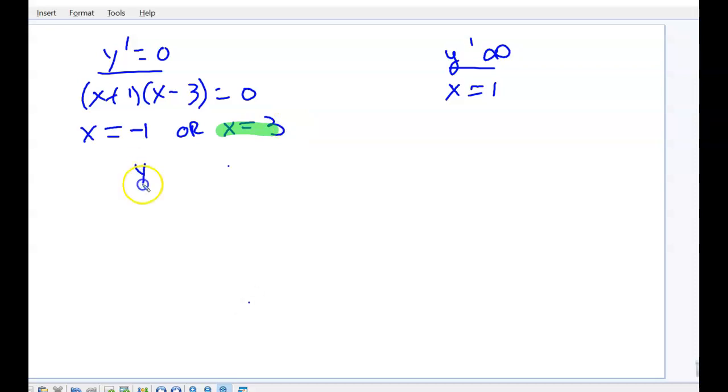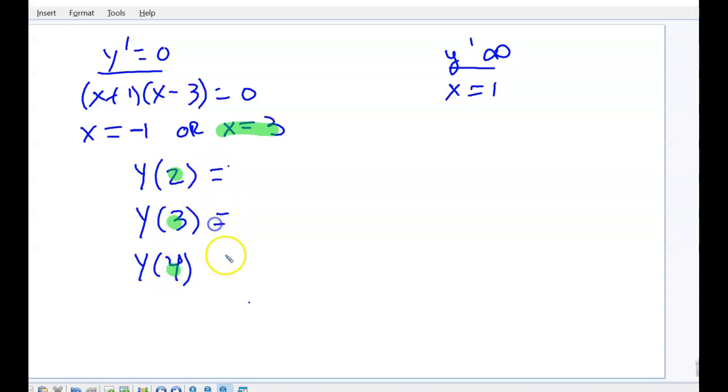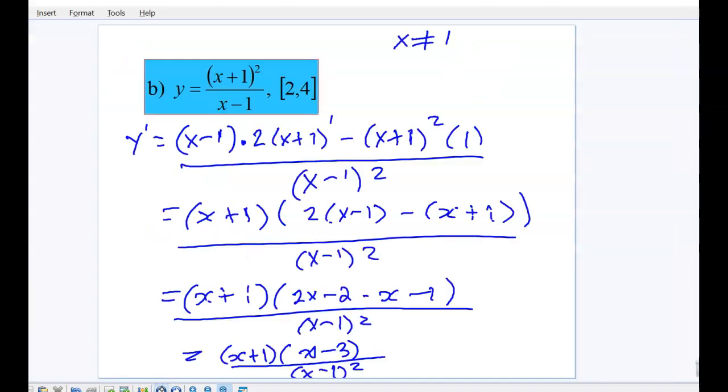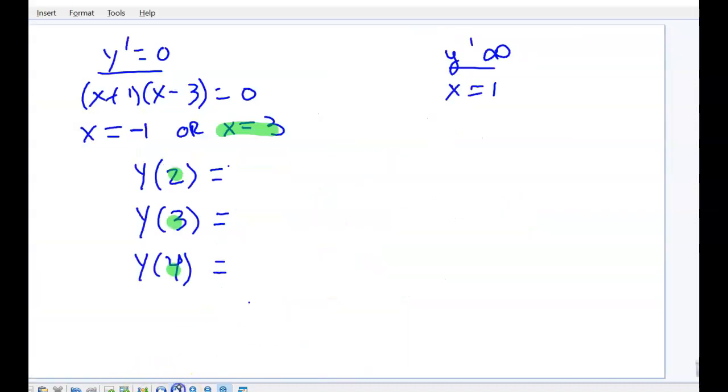So now I have to go back and evaluate my function at 2, at 3, and at 4. And again, why am I using those values? Those are my endpoints, and that's the only critical number that fits in my interval. So I go back and plug in, first of all, a 2. Well, 2 plus 1 is 3 squared is 9, and 2 minus 1 is 1,